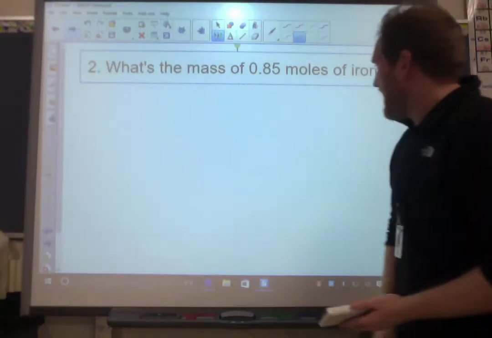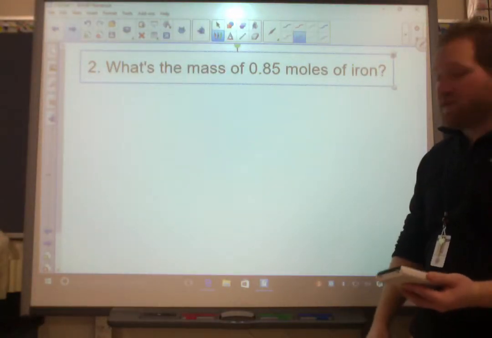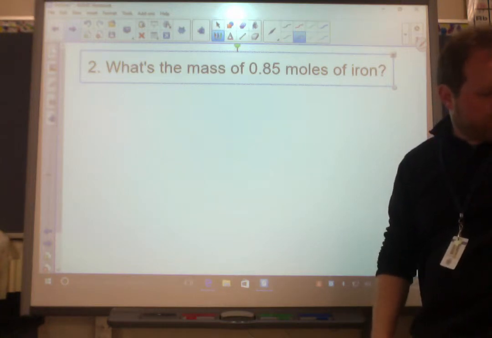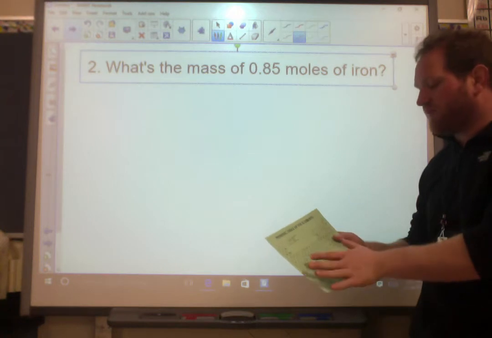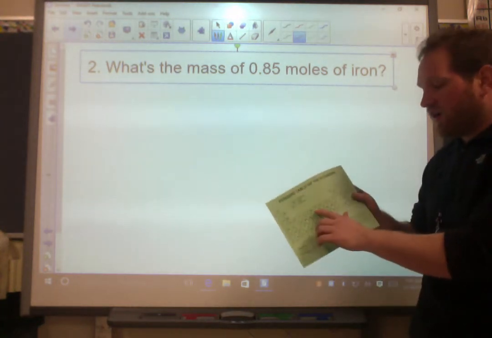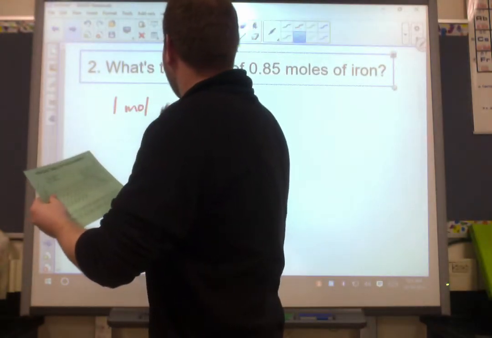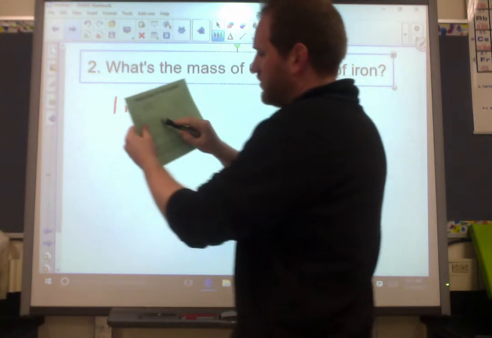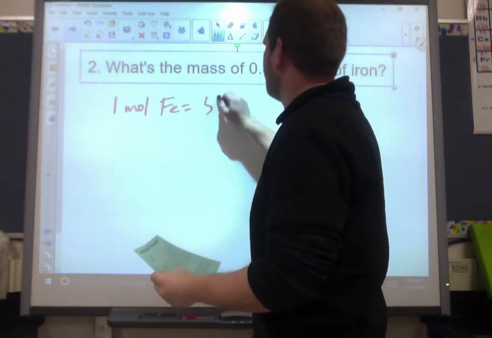Number 2, what's the mass of 0.85 moles of iron? Well, we need to look at iron on the periodic table. This might take some time initially, but before too long, you're going to pretty much have most of the common elements memorized where they are. So iron is Fe, number 26. So for iron, 1 mole of Fe equals 55.847 grams